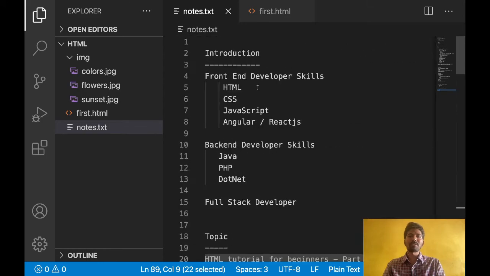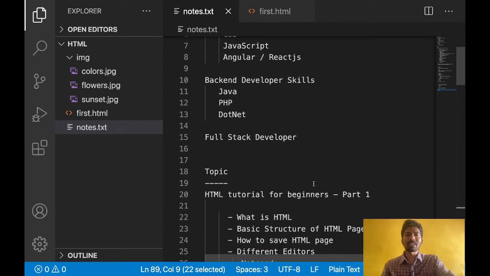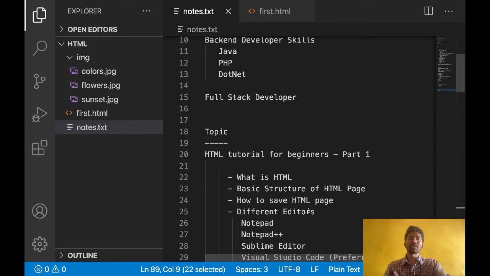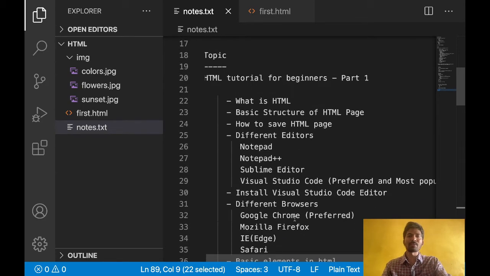So that's it about the part 1 section. In the next session I will explain about part 2, what all it will cover. There are some topics left in part 2: audio, how you will insert audio in your web page, how you will insert video, as well as ordered list, unordered list, how you want to display some list. Okay. Apart from that, some forms. Let's say you want to fill some form, first name, last name and password, username, then submit your details. So all those things related to forms, audio, video, tables, you want to display some table, all that I will explain in the part 2 session.